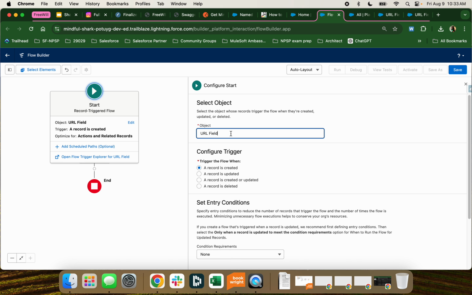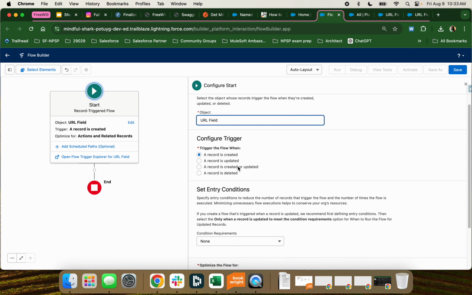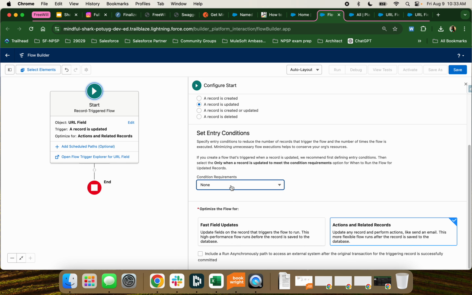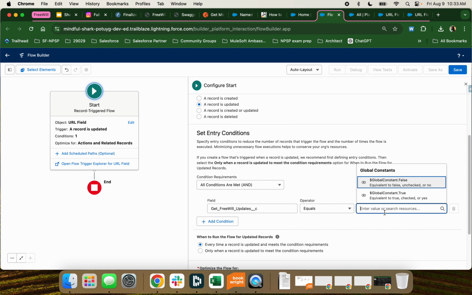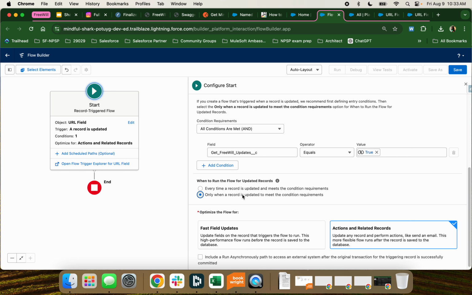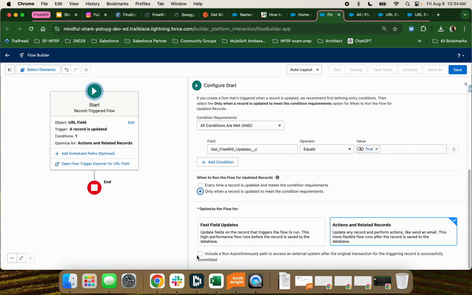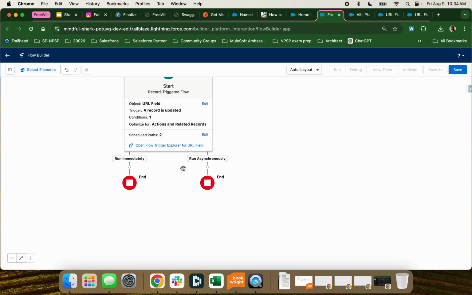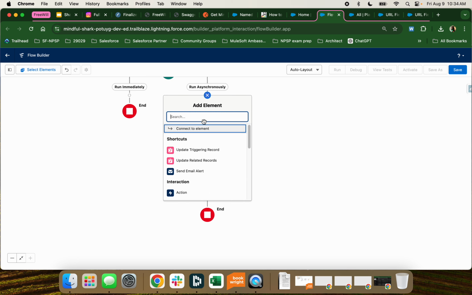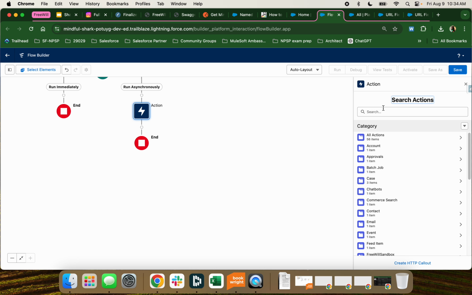And then, like I said, I have the URL field object that when it is updated to have the get free will updates field marked as true, then I have this automation run. I only want it when it is changed to true, not every time it's saved. And I want to include that asynchronous path since it doesn't work on the scheduled path side, or sorry, the run immediately side. All right, so on my run asynchronous, we'll click on action,